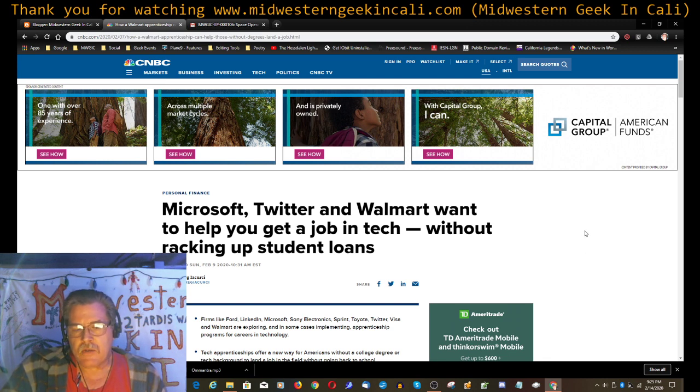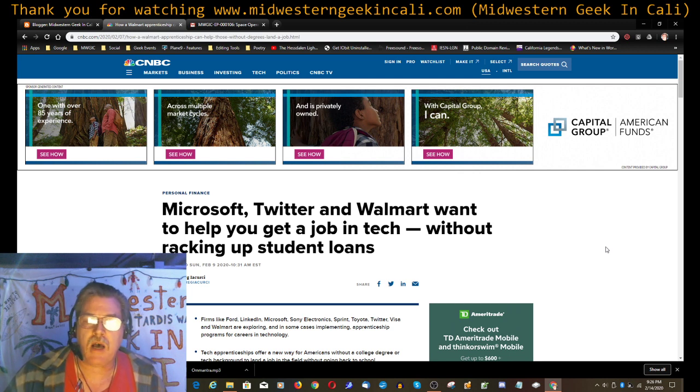Here they are talking about all kinds of firms like Ford, LinkedIn, Microsoft, Sony Electronics, Sprint, Toyota, Twitter, Visa, Walmart, IBM, I think, was mentioned somewhere in this article. It's a big deal, and what they're talking about is apprenticeships in technology. You go to work and they train you on the job in various tech. And as you get more skilled, your wages build up.